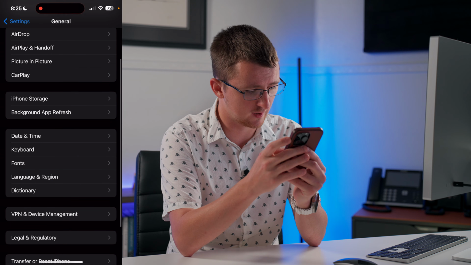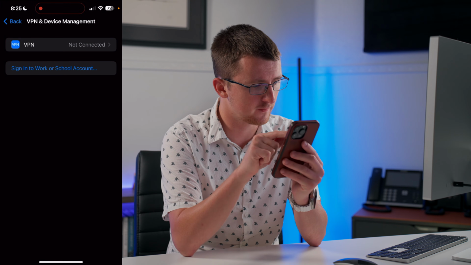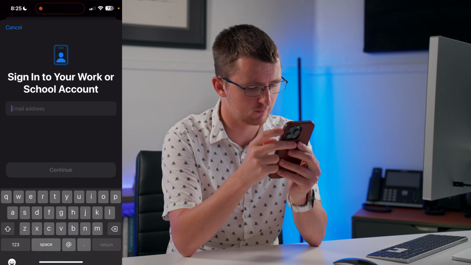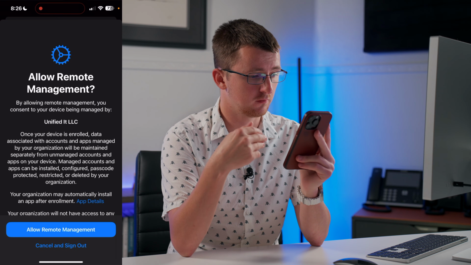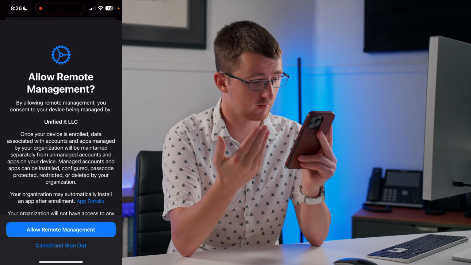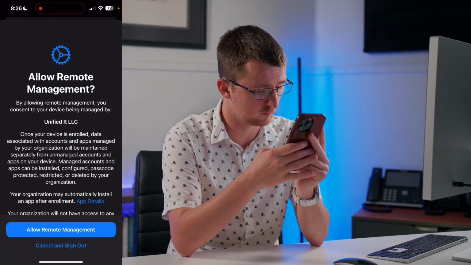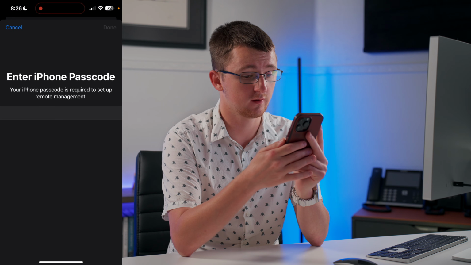While in General, we're going to go down and then we're going to go to VPN and Device Management. From here we want to just choose Sign in with a work or school account, and then we're going to sign in with our managed Apple ID. Now that we are signed in, we're just being notified that we are going to allow my organization, in this case Unified IT, to have limited access to my device. So we're going to go ahead and choose Allow Remote Management,